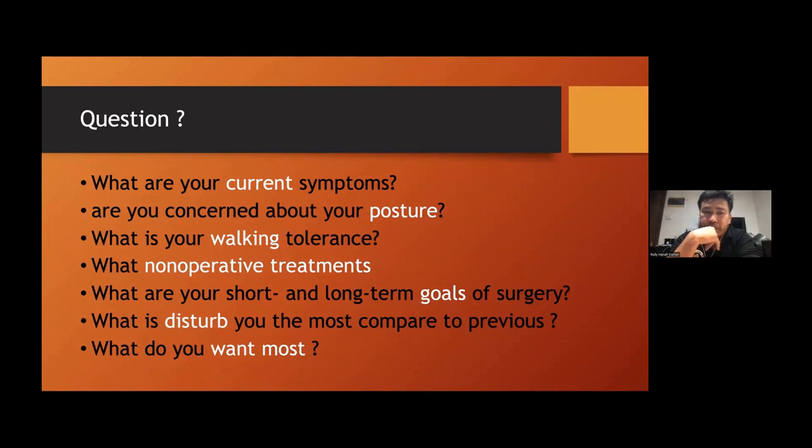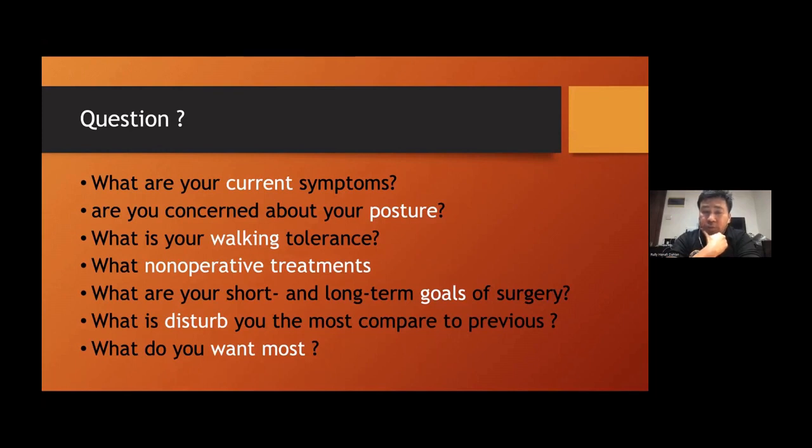And the patient must be asked about concerns regarding their posture. They can feel that their posture has become different after surgery, like an asymmetrical sitting position. And how about their walking tolerance, and what non-operative treatment has been given after the first surgery, and when it was diagnosed as recurrent, and what non-operative treatment has been given, and the goals of